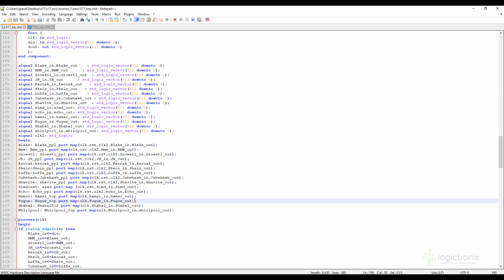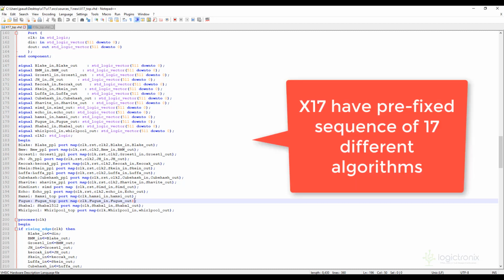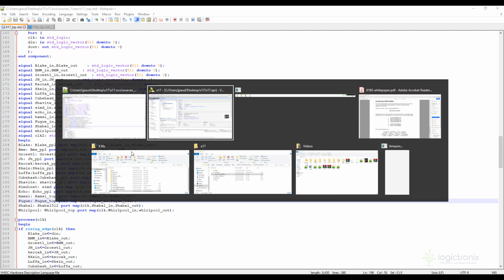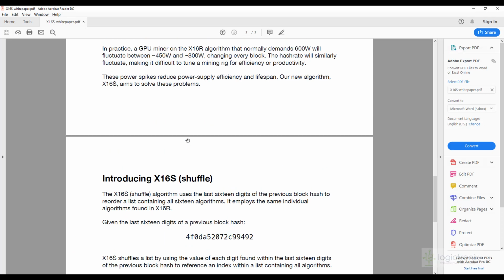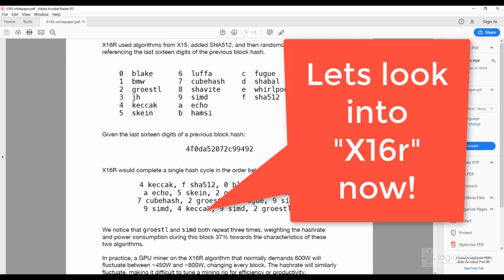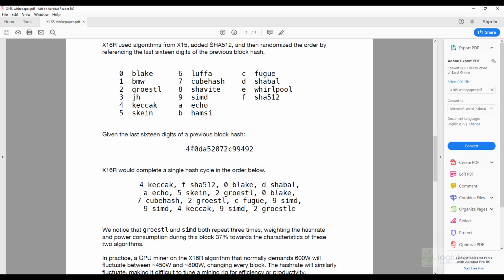So what we can see here is that the arrangement of the algorithms is fixed, previously determined, and the output of the first algorithm will be fed to the input of the second, and that's it. That's X17. And so let's look at X16R now. In X16R, the arrangement of this sequence is not fixed,